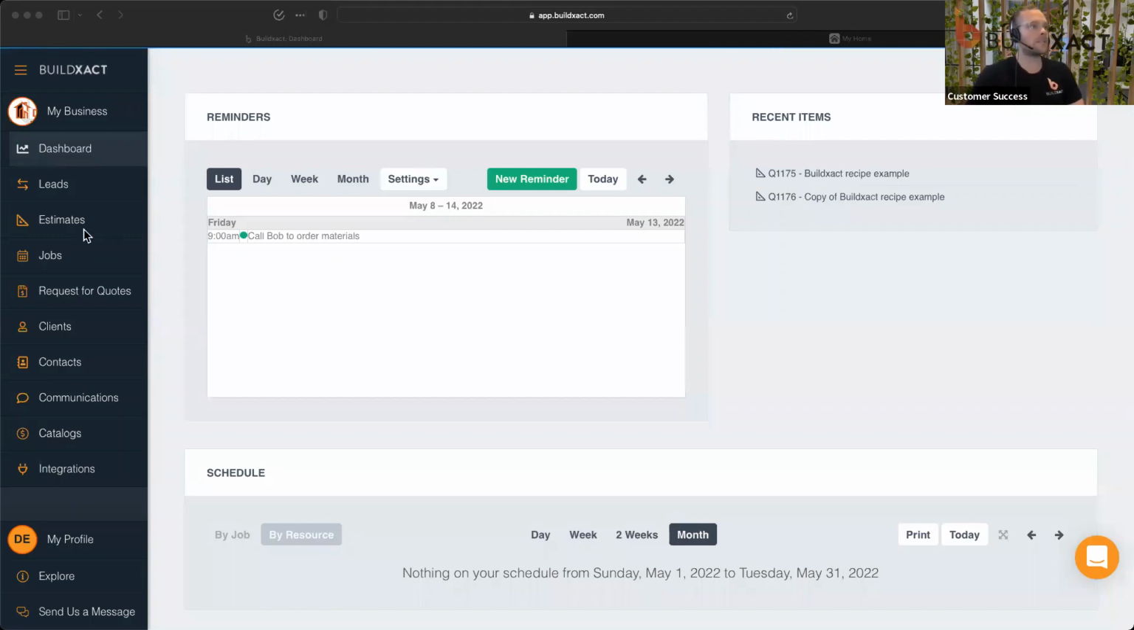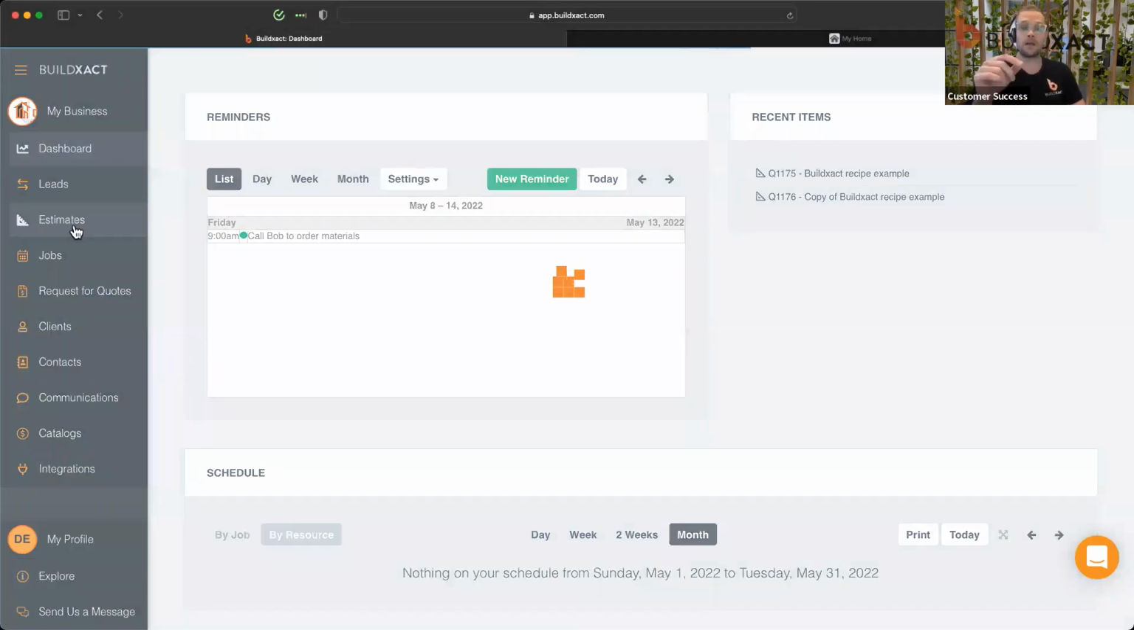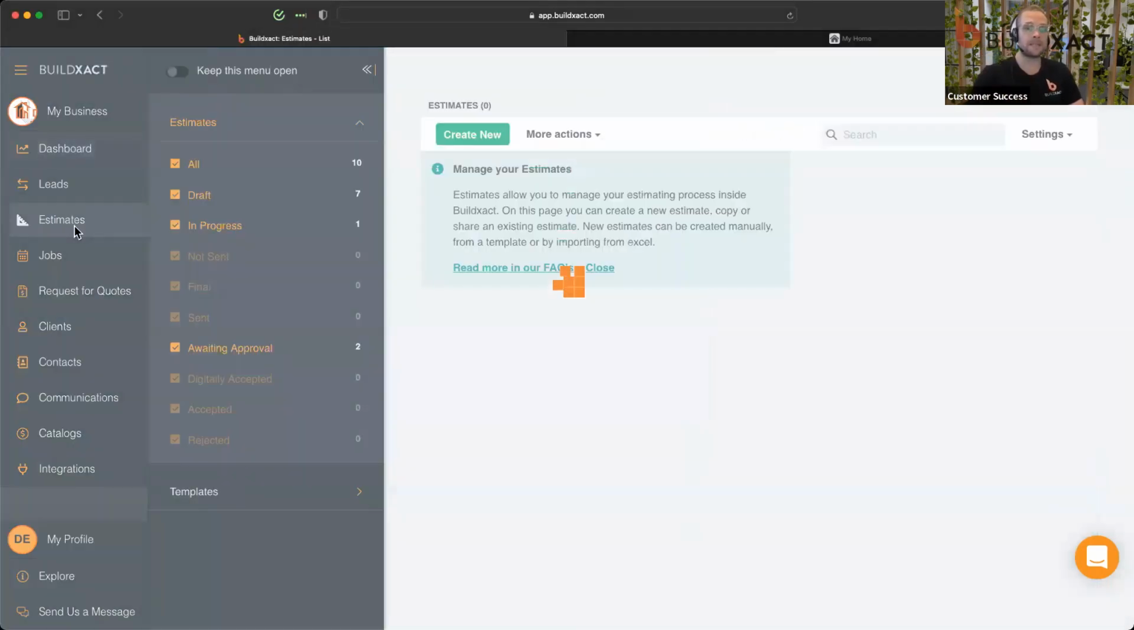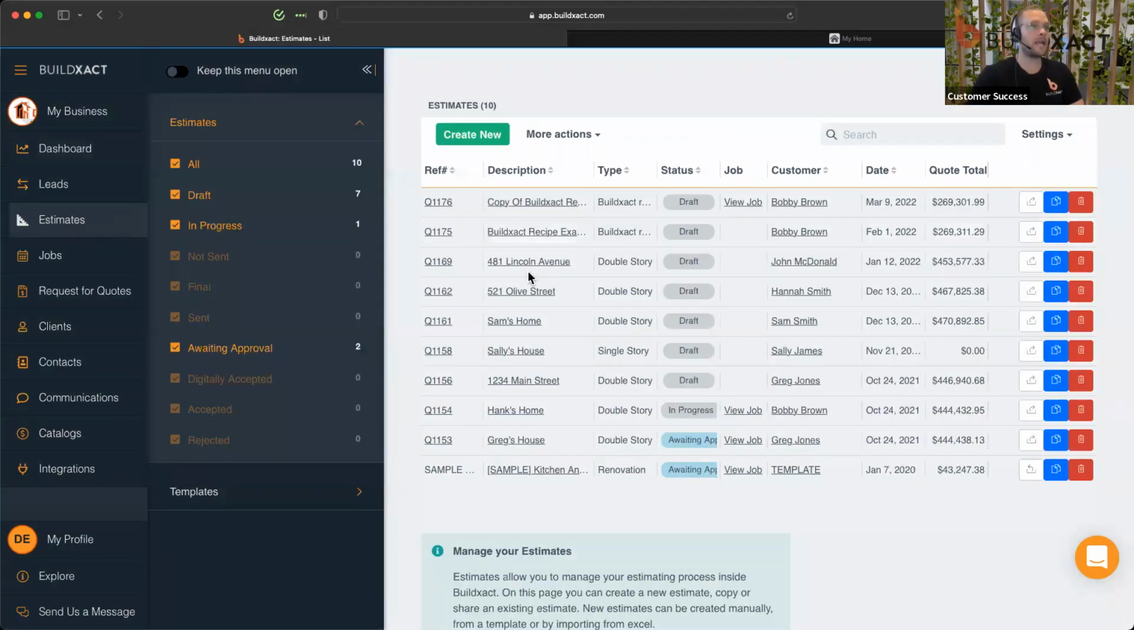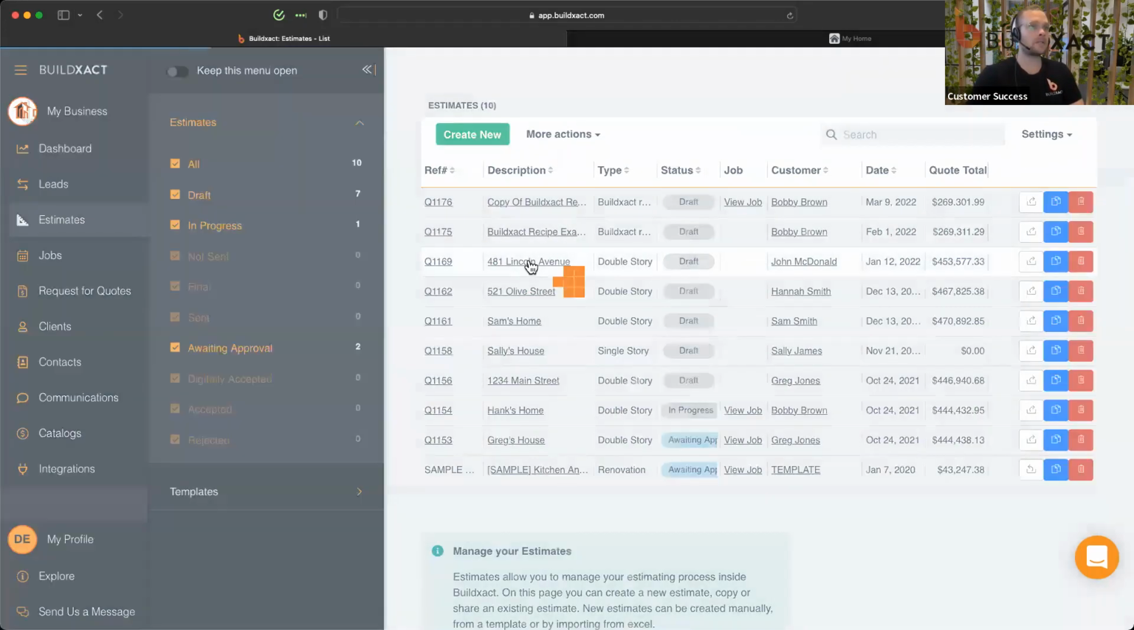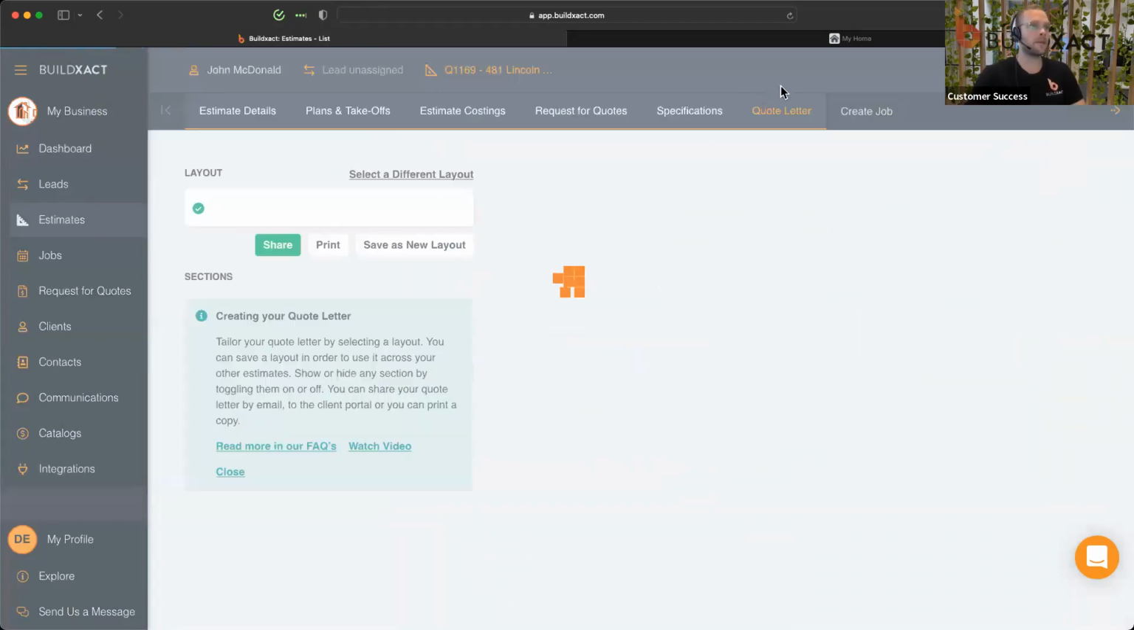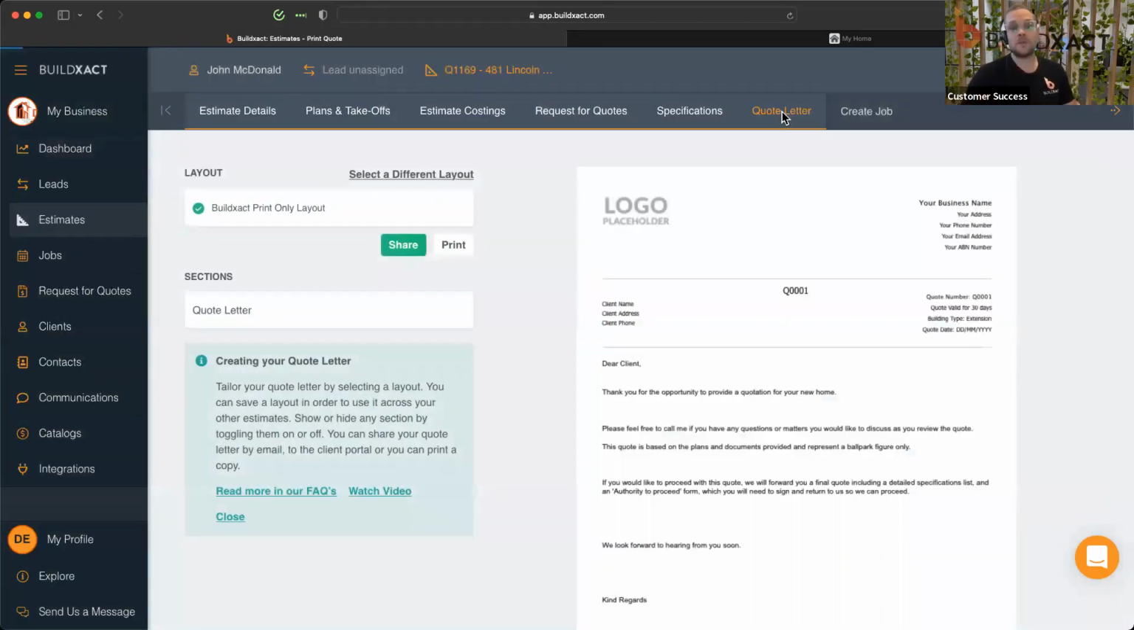Next up, we're going to jump into an estimate and talk a little bit about digital acceptance. So let me go ahead and pick up on this one. There we go. And essentially, for those of you that don't know, digital acceptance is a workflow where you can get your client to, as the name implies, digitally accept the quote in this case, either through email or